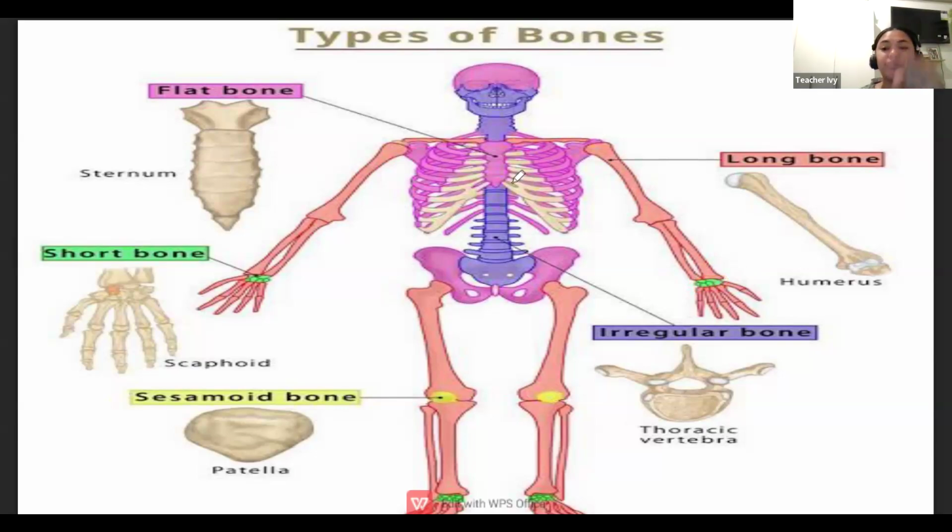Scaphoid bone is a part of this. Now, what do you call this entire bone? Because if we say scaphoid bone, we are going to look for that as one of this. Okay, it is one of the concave shape. What about the entire name of this bone in your hand?